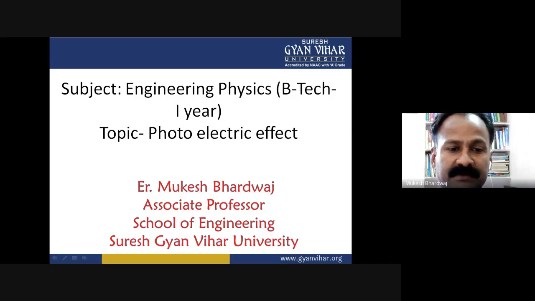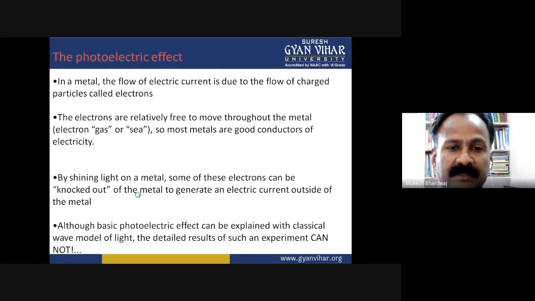Photoelectric effect. The topic begins with: in a metal, the flow of electric current is due to the flow of charged particles called electrons. The electrons are relatively free to move throughout the metal, like an electron gas or sea. So most metals are good conductors of electricity. By shining light on a metal, some of these electrons can be knocked out of the metal to generate an electric current